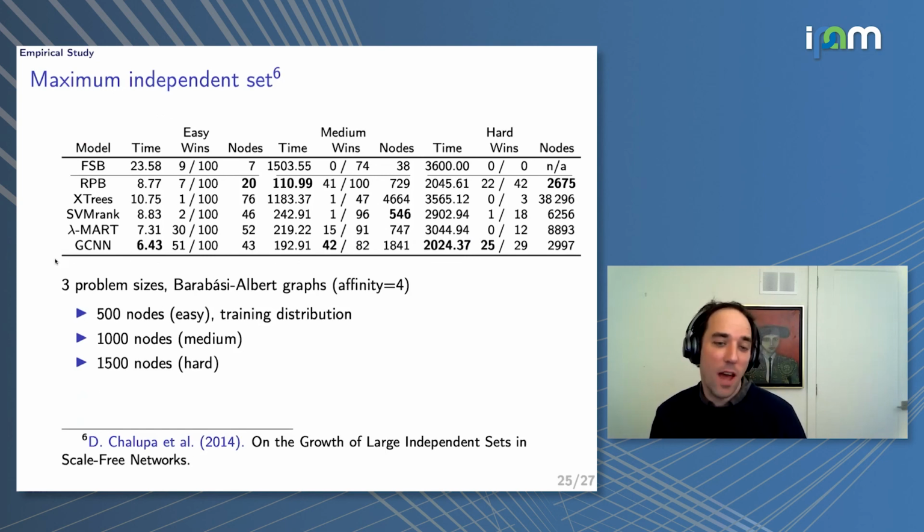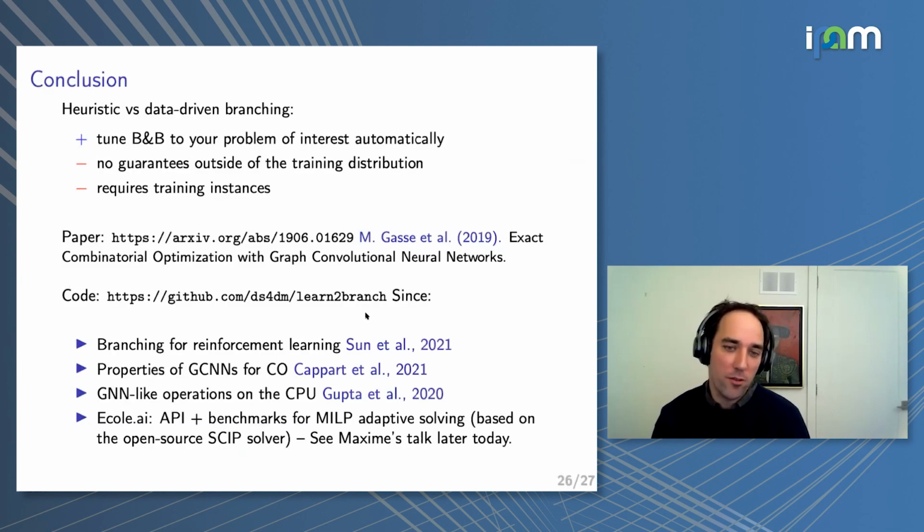And I should also say that in all of these, whenever we're comparing time, there's something that perhaps isn't absolutely fair: the computational architecture we're using isn't the same. In particular, this GCNN is being run on GPUs, whereas the default SCIP runs on the CPU. So you could imagine that perhaps it's the GPU that's getting the advantage. There's recent work by Gupta, Gasse and others in Montreal that have been able to port some of the GCN operations to the CPU and still see some of the advantages.